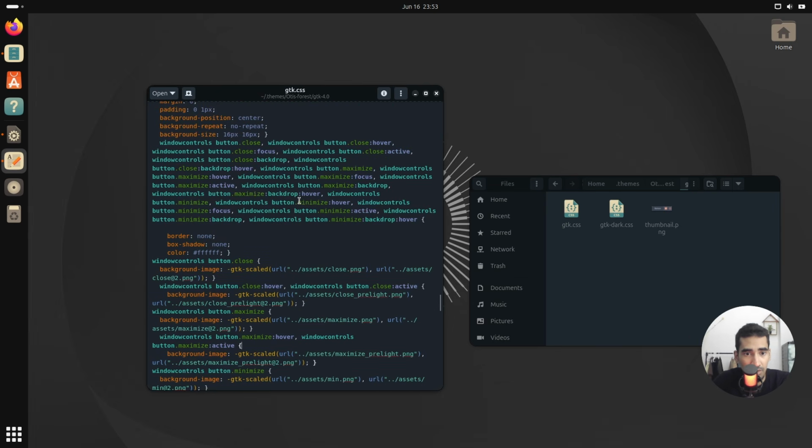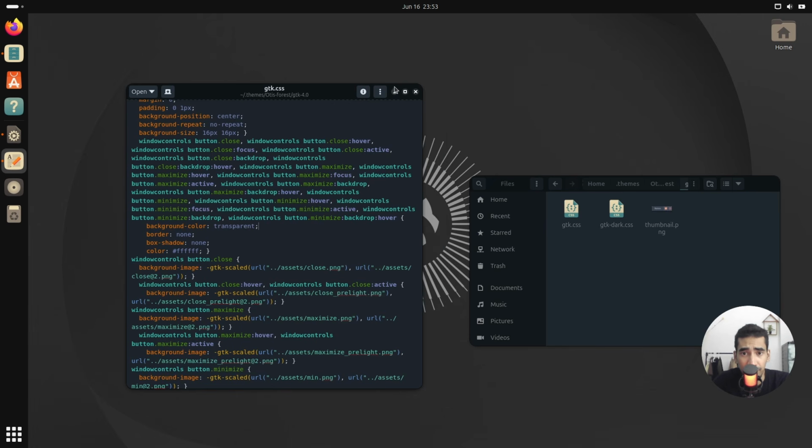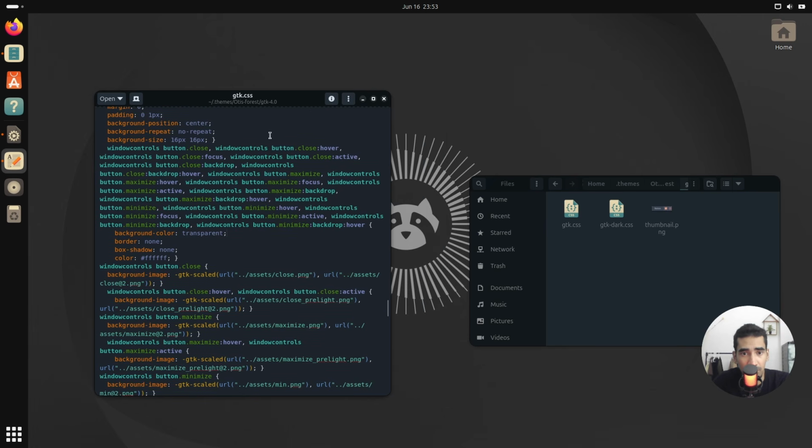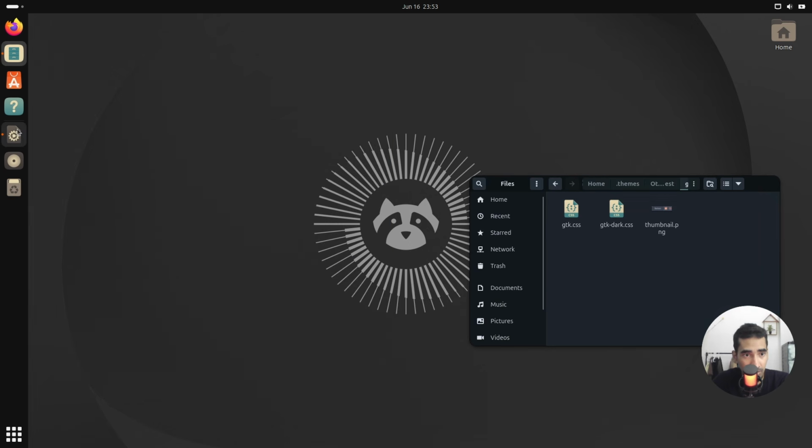But before that, over here I'm gonna paste it just for this one, or else it's gonna show some boxes over here which doesn't look that good. That is why I'm gonna keep this one for this line for this section only, and I'm going to remove the rest of them. Okay, so once I've saved them, let's go ahead and